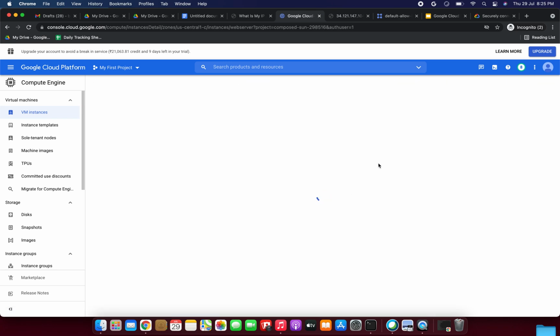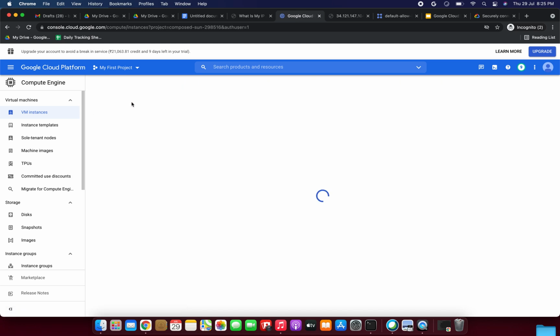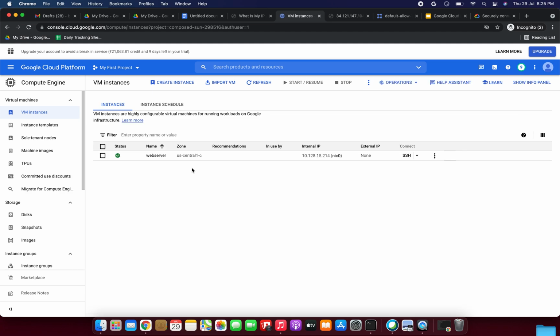If you are seeing, friends, the external IP will be gone. External IP will be coming as none, because we have modified the details, right? So in the instance details, see, friends, the external IP has gone right now. So the external IP came as none. Next, we are going to create one more Compute Engine instance. Now the web server is no longer accessible from the internet.